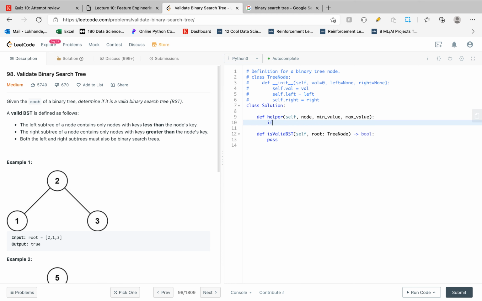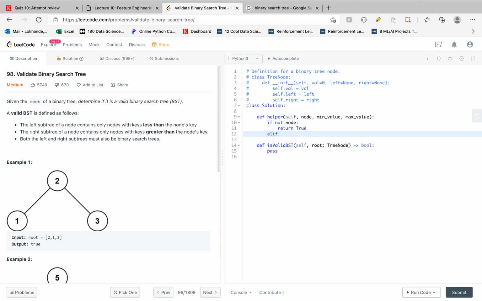So let's write a base condition. If node is null or None, we just return True. Now let's check another condition.